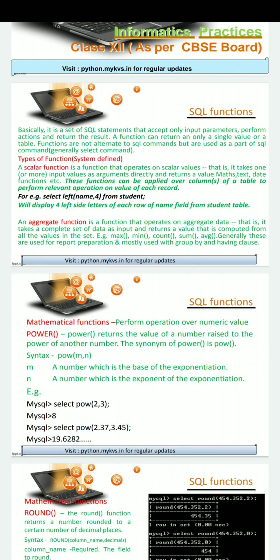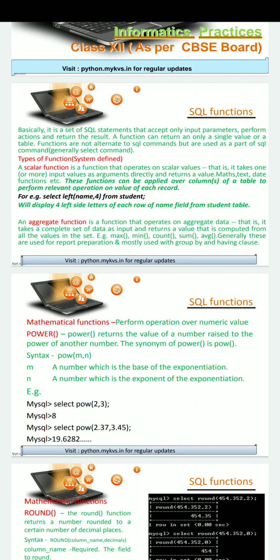Now students, we must be familiar with the types of functions we can use in SQL. There are two types of function. One is a scalar function and another one is an aggregate function. Now what is a scalar function? A scalar function accepts a single value at a time, performs an operation over that single value and returns the result accordingly.